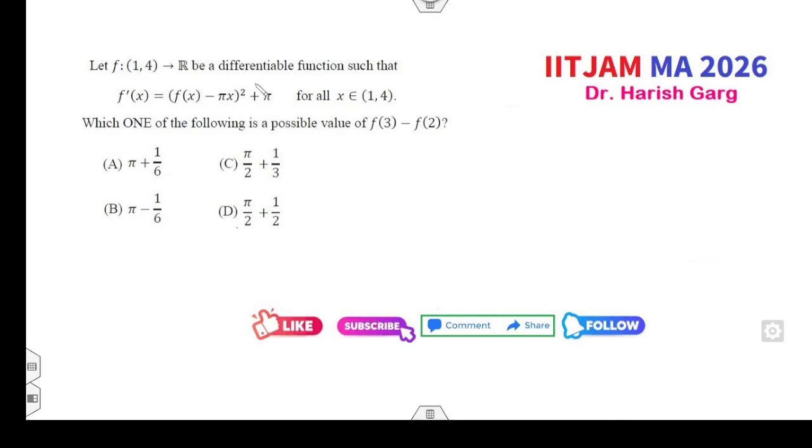Fine. तो कौन सा रिजल्ट काम आता है जब आपके पास डेरिवेटिव हो एंड द डिफरेंस बिटवीन द टू फंक्शंस. I can use the LMV theorem, Lagrange mean value theorem. That means f of b minus f of a divided by b minus a is equal to f dash of c. ये तो रूल था where c lies in the open interval 2 and 3. As the function is defined on the open interval 1, 4, 2, 3 is a subset of 1, 4.